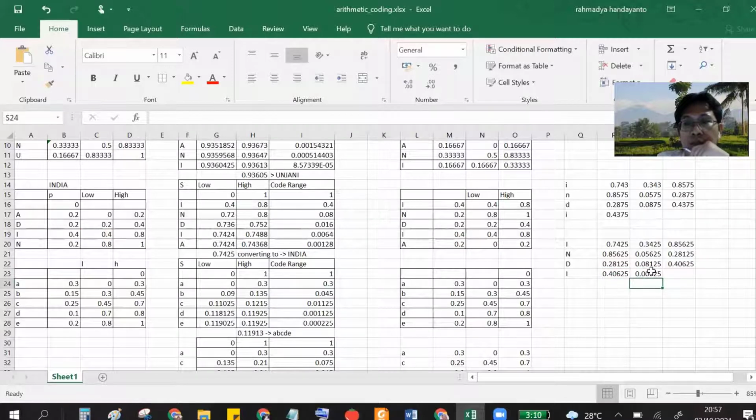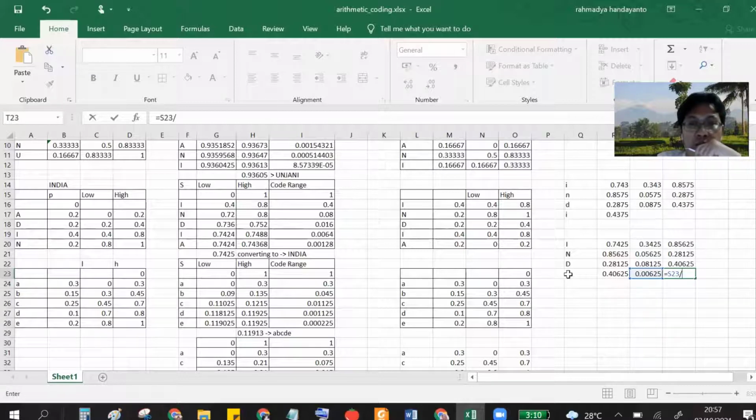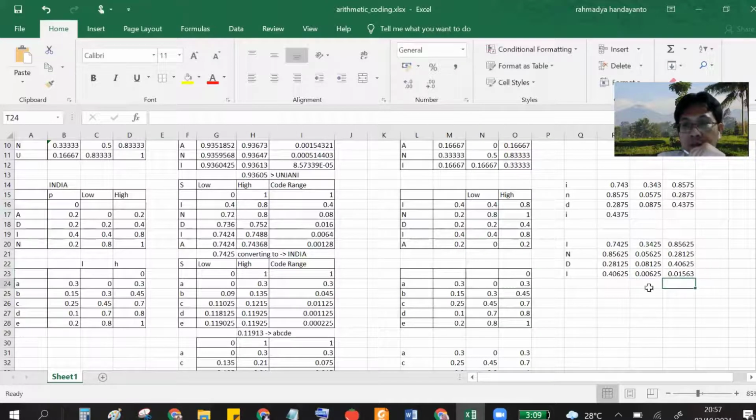You see the new difference, and then we calculate the new number by dividing this using the current range. For the I, it is 0.4, and we have the new number here.